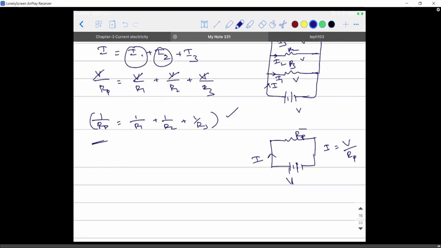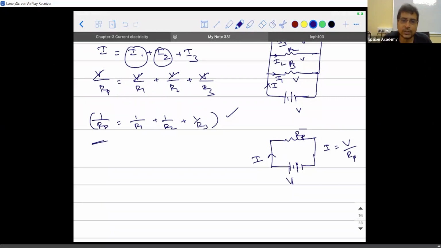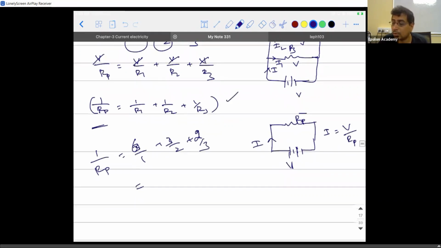Okay, when you connect in series, you will get a value more than the greatest one. If 1, 2, 3 are connected in series, your answer will be greater than 3, because you are adding them basically. 3 plus 2 plus 1 is going to be 6. Whereas, if you want, you can check and see. 1 by RP is equal to 1 by 1 plus 1 by 2 plus 1 by 3. How much is it? Multiply with 6: 6 plus 3 plus 2, 11 divided by